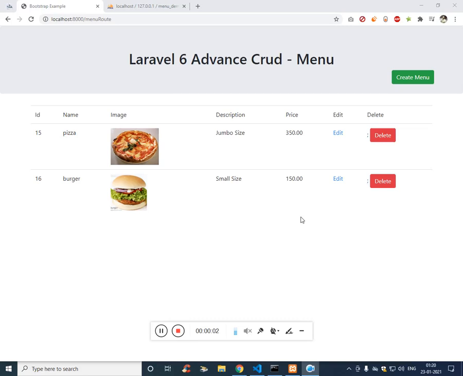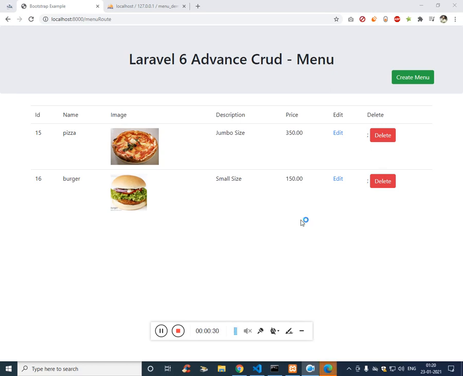Alright YouTube, in this video I'm going to show you how to create a Laravel CRUD operation. This is not just a simple Laravel CRUD operation, this is an advanced one. So what do I mean by advanced? In all the videos available on YouTube, I only see CRUD operations with just input text. So for the first time we are dealing with images in a CRUD operation. So let's work on the CRUD operation.